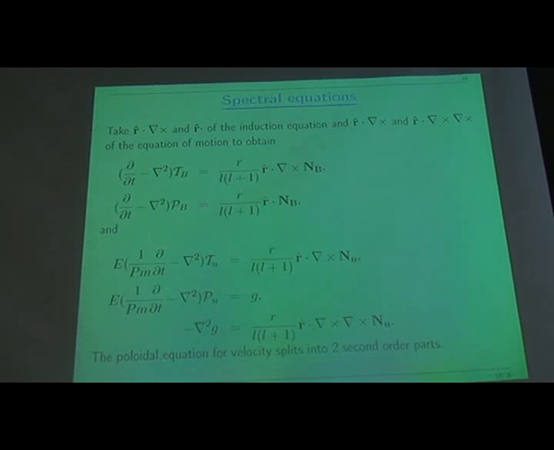And then how do we actually solve those equations? How do we get those vector equations down to scalar equations? When you take r hat, that's the unit vector in the r direction, times the curl, and r hat dot the induction equation. And in order to get rid of the pressure, you take the curl and the curl, the radial component. So those are the two equations that isolate the two scalars, and you end up with the induction